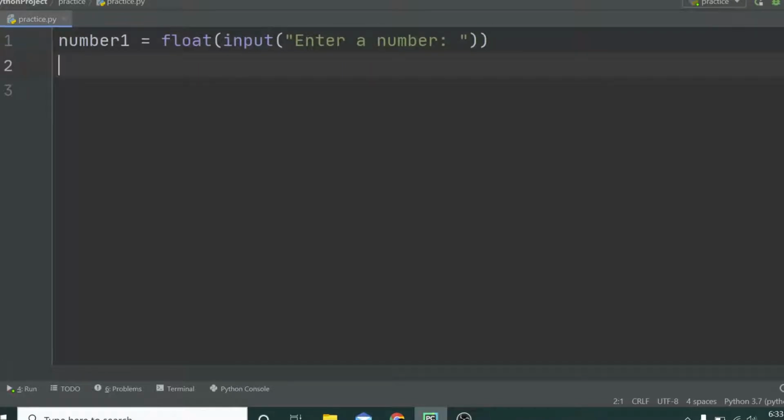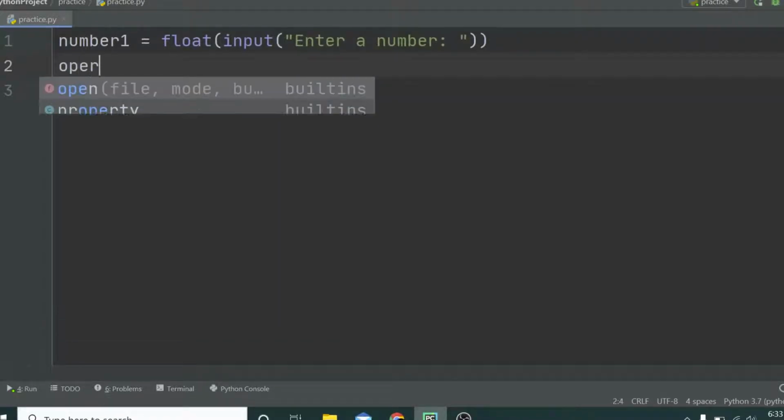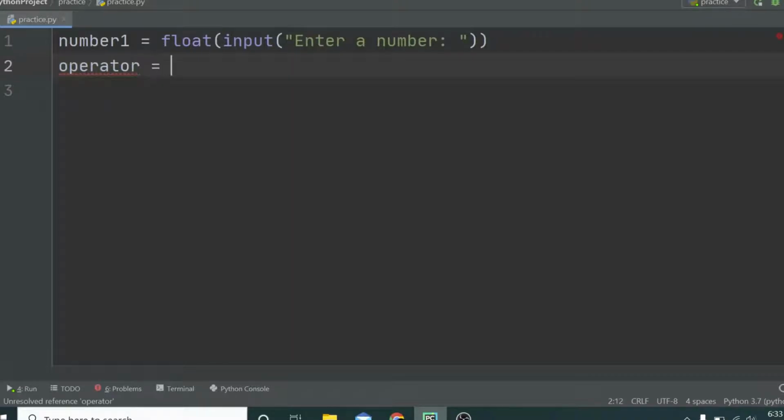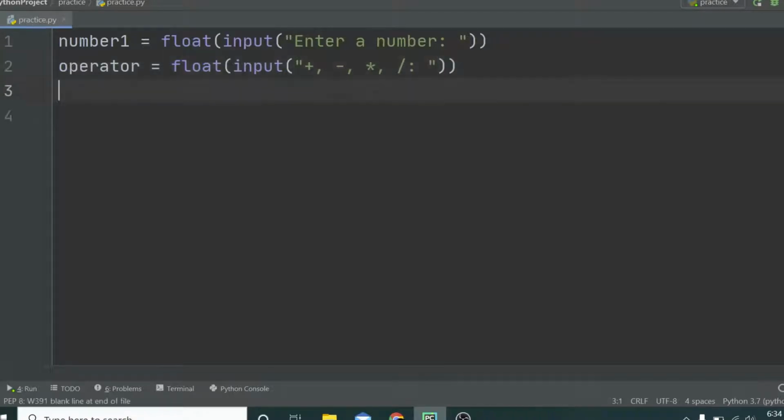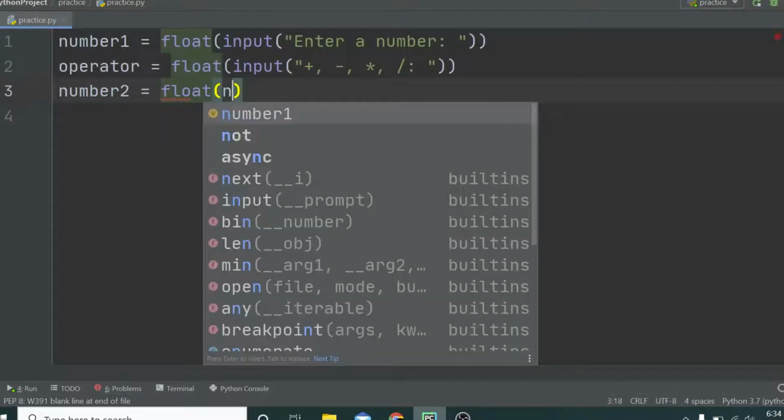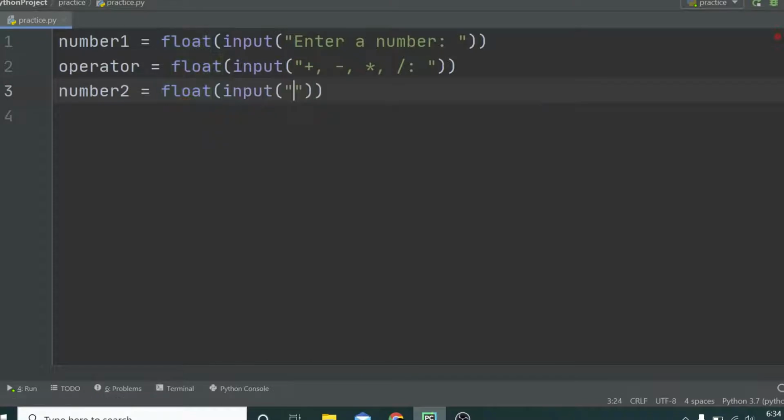Now we need two numbers, right? But we also need an operator. So operator is like the plus minus sign and all that. We also want to get that data from the user. So I'm gonna say operator float input. So I'm just gonna put this, and now we need to get a second number. So I'm gonna store it in a variable. I'm gonna say input enter another number,